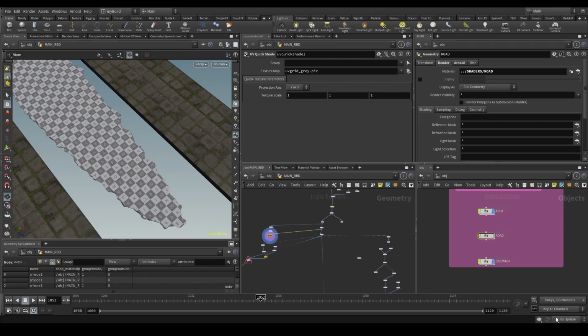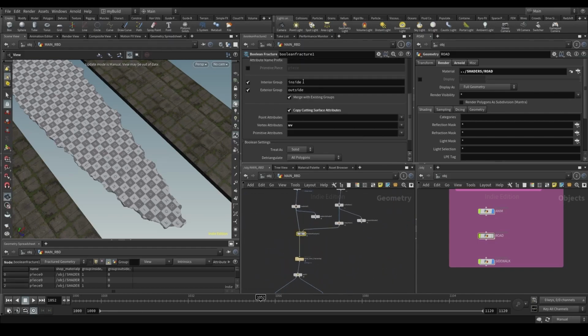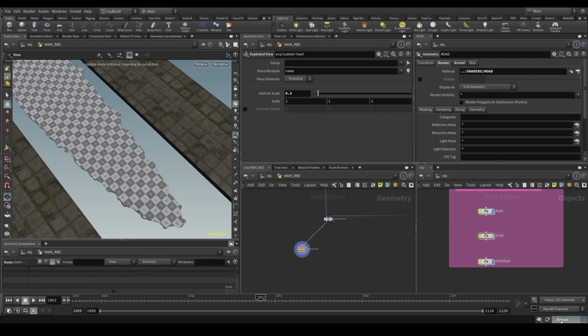So for that, what I like to do is, if I go on the Boolean Fracture, I just put a number on the amount of the fracturing. Here it's inside, we didn't put anything because it's the first one, but then we just put inside 2, and that way, on the explode view,